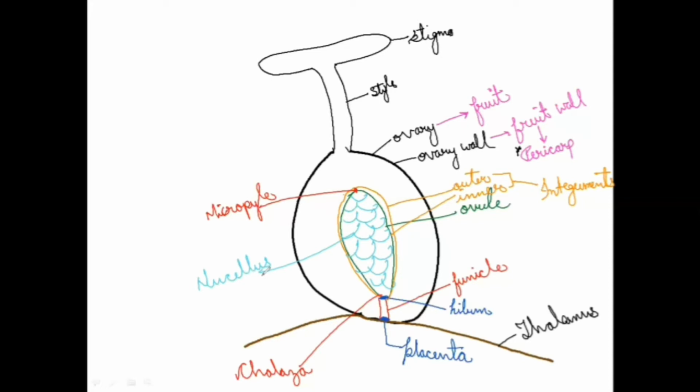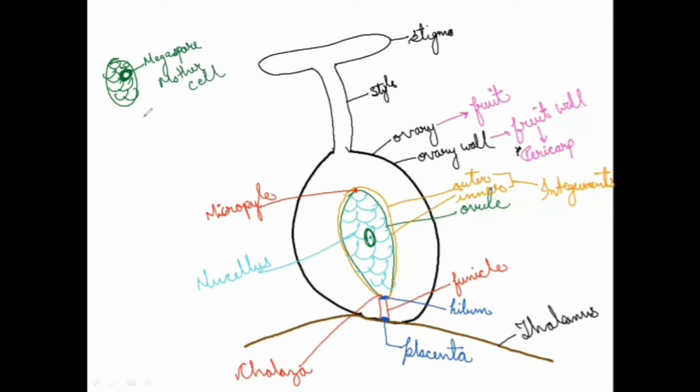Now, what is happening? Basically, one of the cells of the ovule becomes the megaspore mother cell, and after becoming the megaspore mother cell, it forms the megaspores. I'll tell you how the megaspore is formed from the megaspore mother cell. I'll just show it on the outer side of this. So this is one ovule. In this ovule, so many cells are there. Out of all these cells, one of the cells becomes the megaspore mother cell.